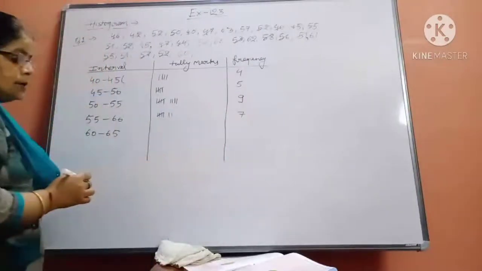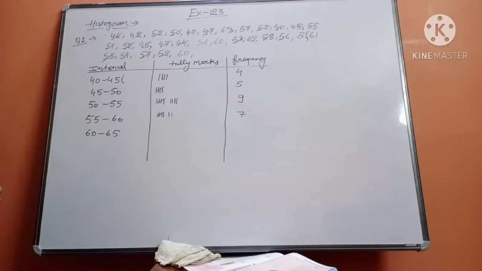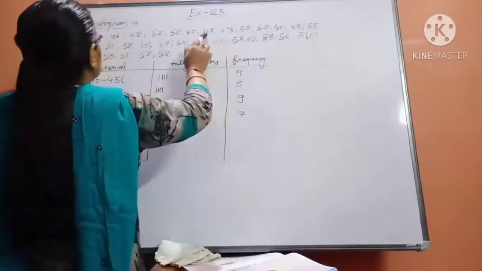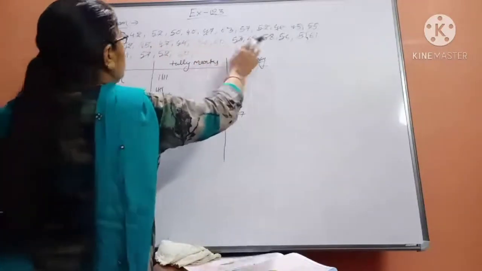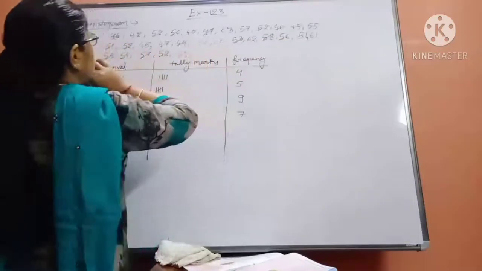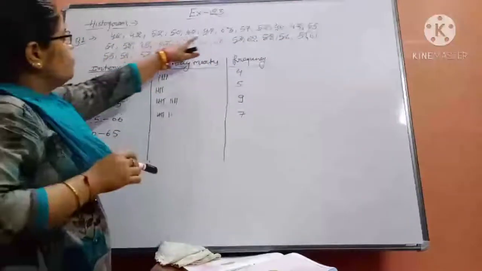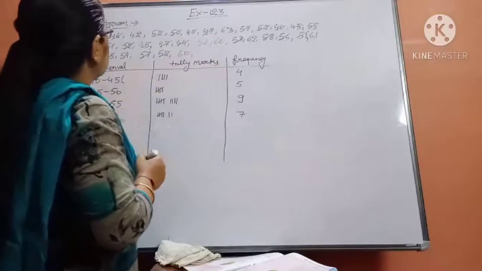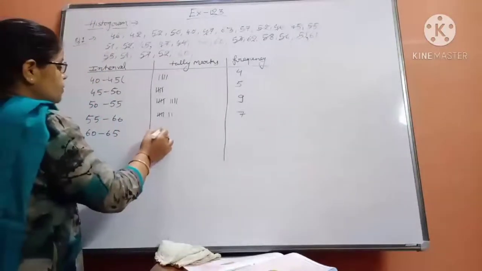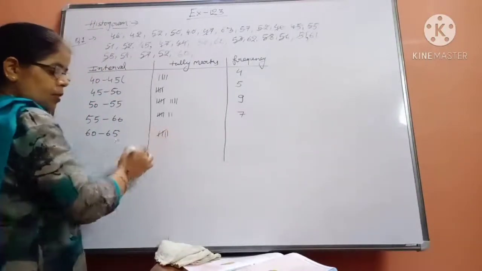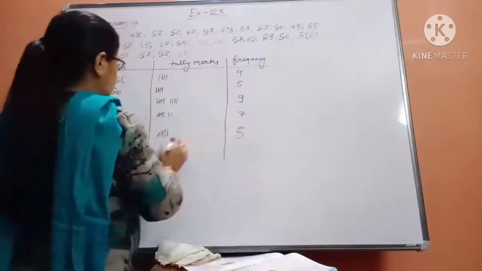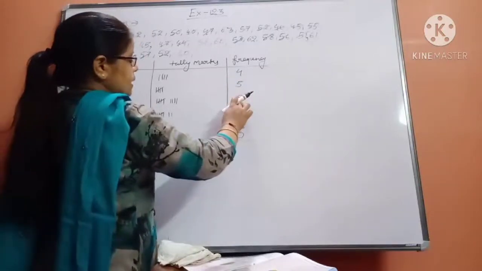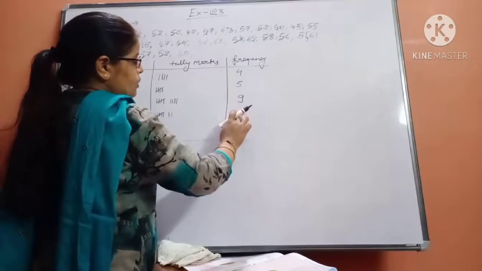7. And lastly, count the last 60 to 65. Okay, and 60 to 65. Now best of the number 1, 2, 3, 4, 1, 2, 3, 4, and 5 numbers are coming. Okay, so its frequency will be 5. So now count them. 5 plus 4, 9. 9 plus 18. 18 plus 7, 25, or 25 plus 5, 30.